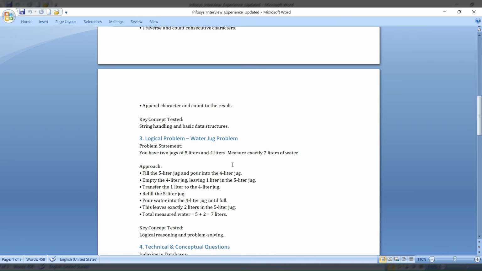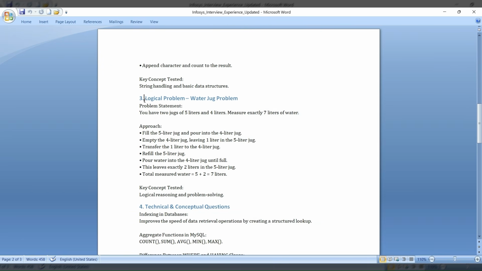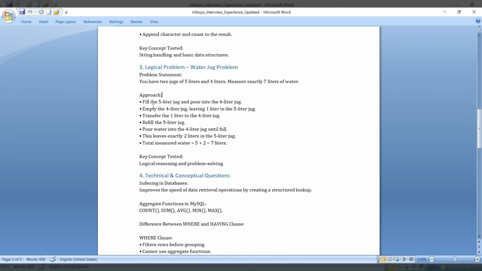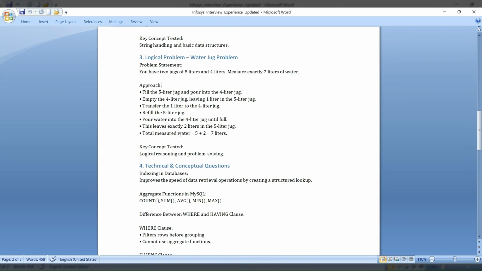And coming to the next question, which is based on problem solving, or it's conceptual, and moreover not a coding based question. So he asked me the water jug problem: given 5 liters of water and 4 liters of water, measure 7 liters of water. So this question he asked me, and I have explained my approach. You can see it. And the key concept was he wanted to test my problem solving skills and fundamentals and